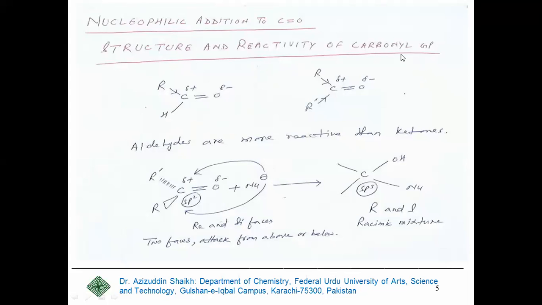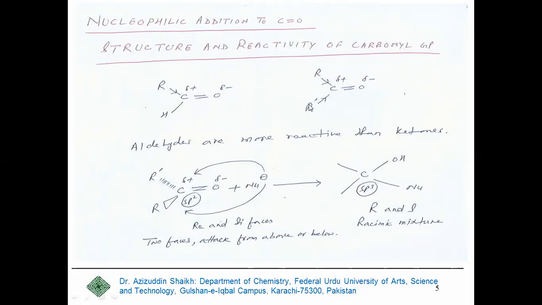This is an aldehyde and this is a ketone. What is the difference? In an aldehyde, the carbonyl carbon is attached to an alkyl group and a hydrogen. In a ketone, the carbon is attached to two alkyl groups. They may be different or the same. The alkyl group has an electron donating, plus inductive effect. This carbon is electrophilic in nature due to the presence of the highly electronegative oxygen, but due to the plus inductive effect of the alkyl, the electrophilic character of this carbon